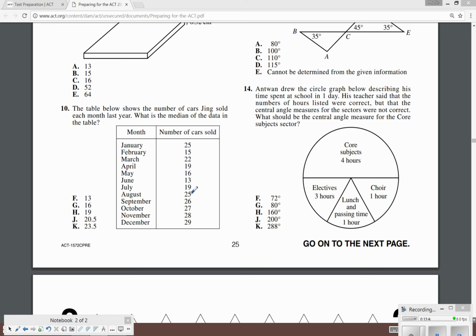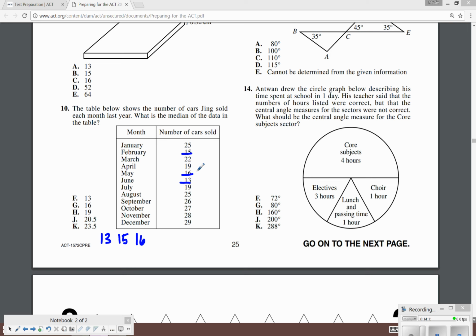Before I can find the middle, though, it has to be ordered. So I have to list all of this in order, which is sometimes time-consuming, and it can be a pain. So what I usually do is start by looking for the smallest one, and then either I mark through it or I put a check mark next to it so I don't accidentally go back and count it again. But I'm going to write these down in order, starting with 13, 15,